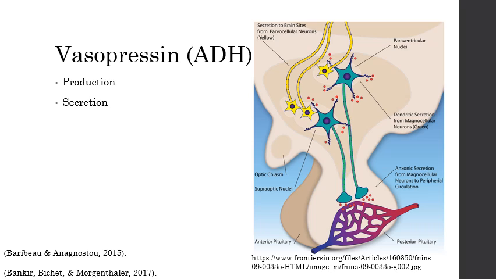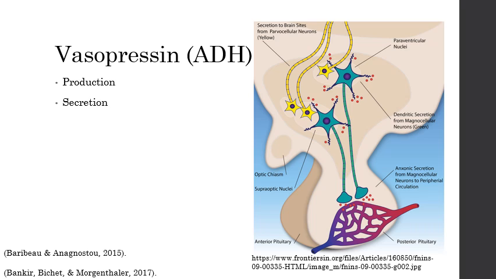Vasopressin, also known as antidiuretic hormone or ADH, is produced in the hypothalamus. Then, this hormone is carried to several regions of the brain, including the anterior pituitary, brainstem, and amygdala, by the parvocellular neurons. The parvocellular neurons are represented by the yellow neurons in the illustration, and the vasopressin are the small red molecules. The rest of the vasopressin is carried from the hypothalamus to the posterior pituitary by the magnocellular neurons